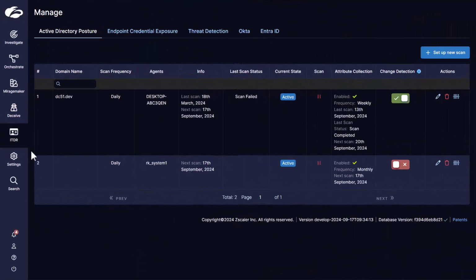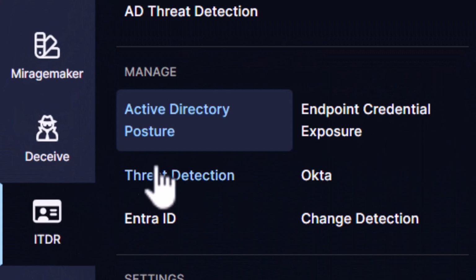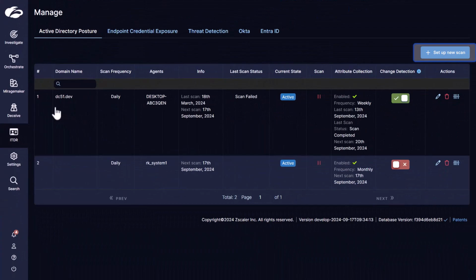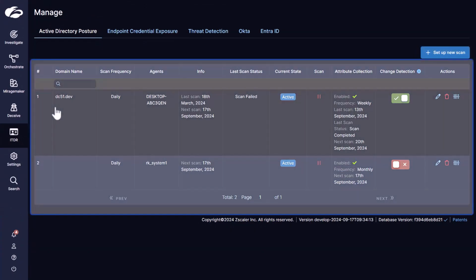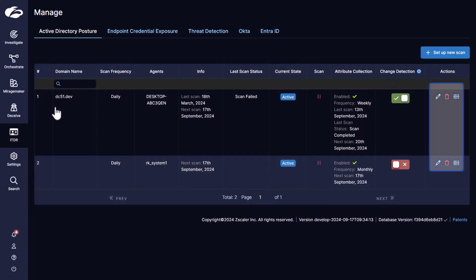This is the Active Directory Posture tab. To get here in the ITDR admin portal, click ITDR, Manage, then Active Directory Posture. On this page, you can set up a new scan, see a list of AD domains that have scans scheduled, see the current state and status of the scan, edit, delete, or trigger an on-demand scan on an AD domain,